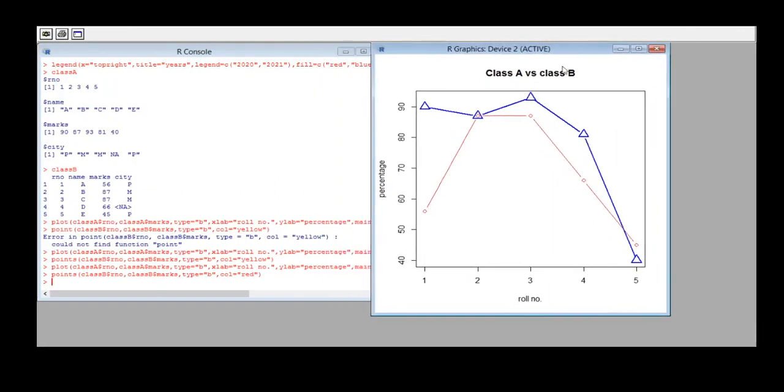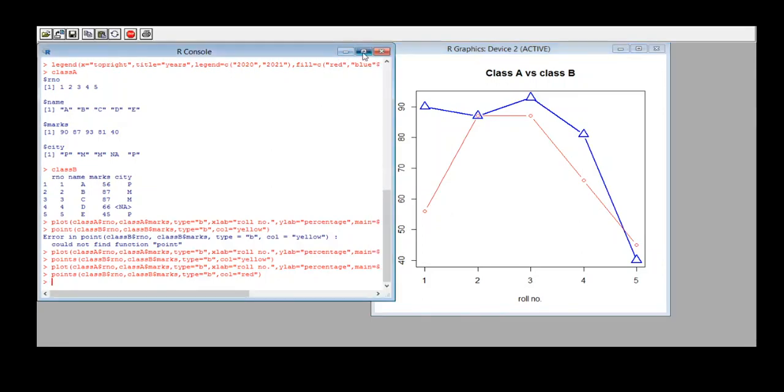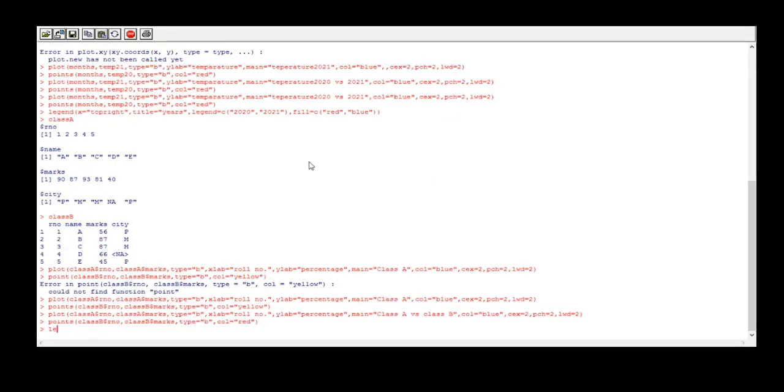We can plot a graph for a list. We can use vectors from a data frame to plot a line and point graph, and we can compare them. Here you can give a legend also. A legend can be given for this graph also. Legend, x equals top, and using the same location, top right.